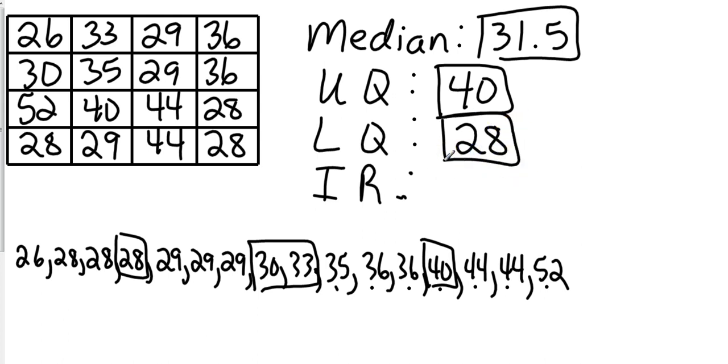Okay, now, the interquartile range, Parker, is what? The interquartile range is 12. But how do I find it? You subtract the lower quartile from the upper quartile. Okay, so take 40 minus 28, and I get 12. Perfect. Okay, now, we're going to take this information and put it on a box and